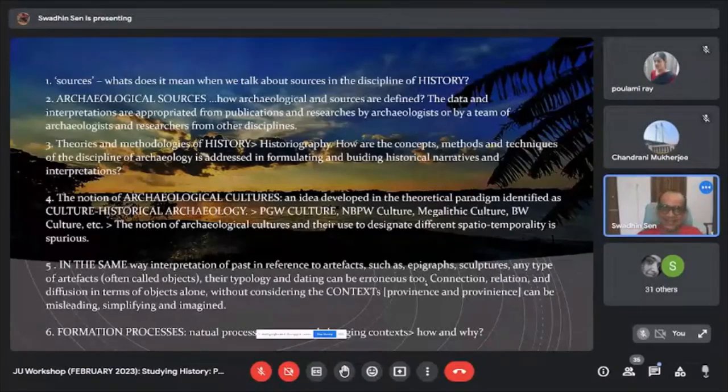And it started especially from the time of Sir Mortimer Wheeler. In fact, in most of the archaeological excavations in South Asia, the Wheelerian Kenyonian method is still predominant. The Wheelerian Kenyonian method comes from two prominent archaeologists. One is Sir Mortimer Wheeler, another is Professor Kathleen Kenyon. And both of them, in the beginning of the 20th century, conducted archaeological excavations in different parts of the world. Especially Mortimer Wheeler is known as the father of scientific archaeology in India or in South Asia. And I will just show that,